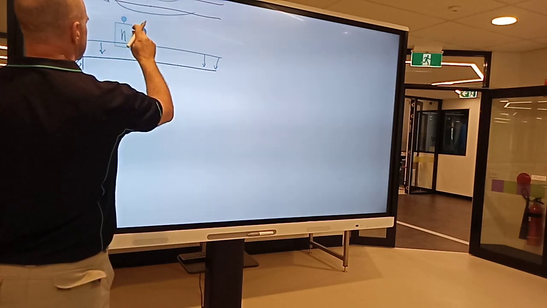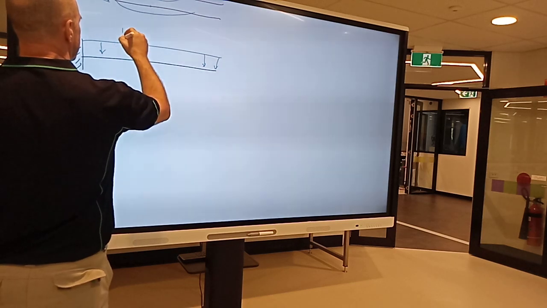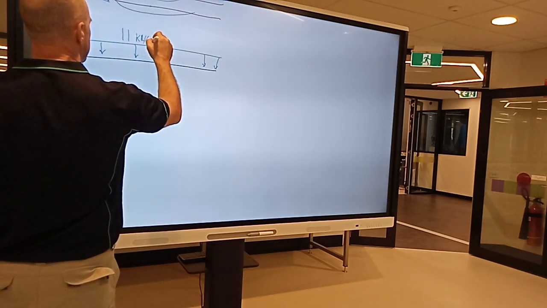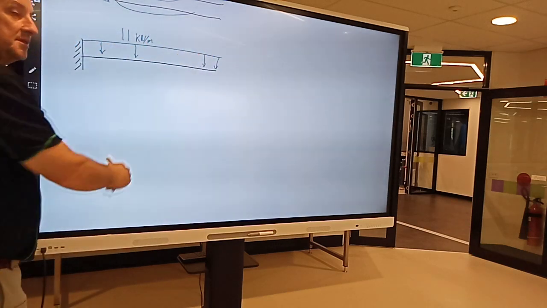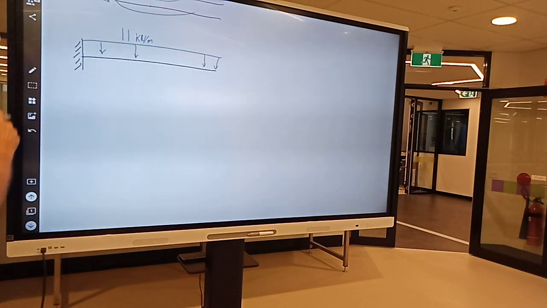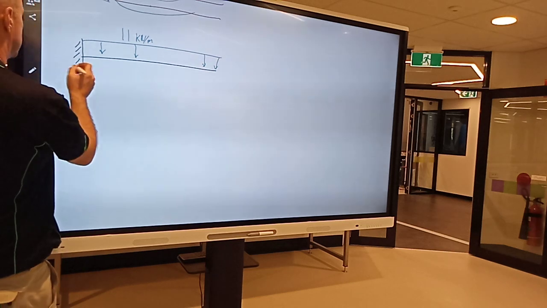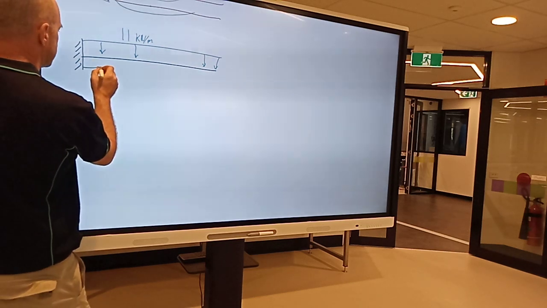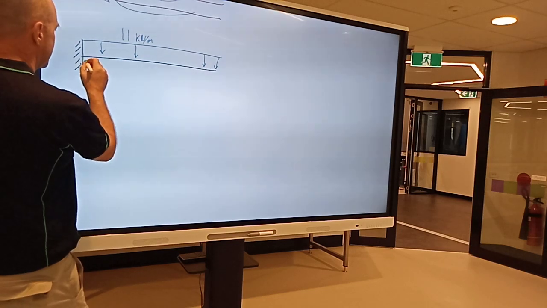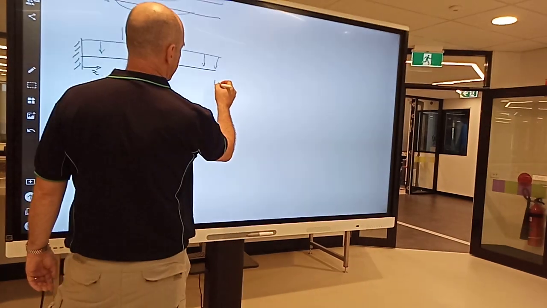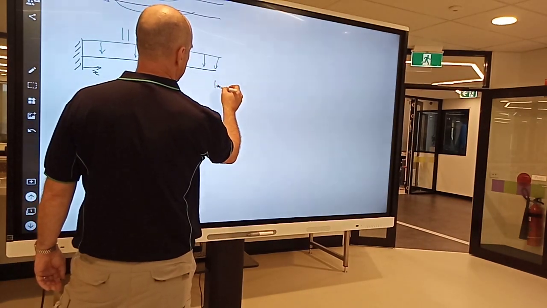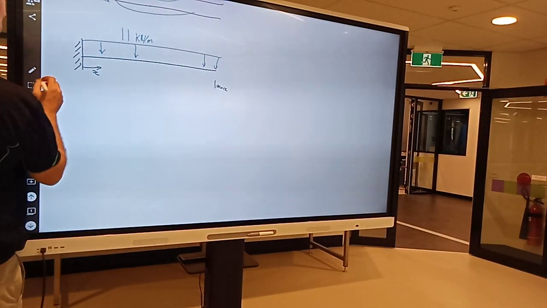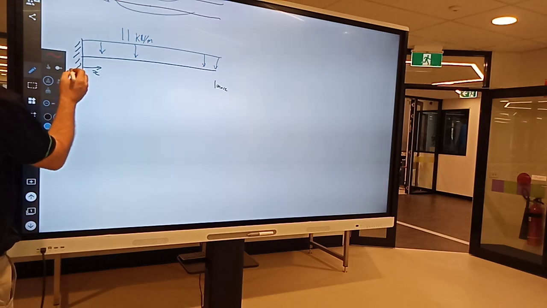And how long is this beam? That's 12. Okay. Cool. So from there to there, there's x. Make that the 0 point, and by the time we get to here, x equals 12. All happy? Okay, and our reactions are all here,